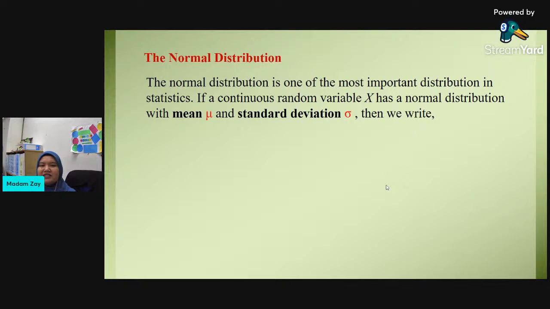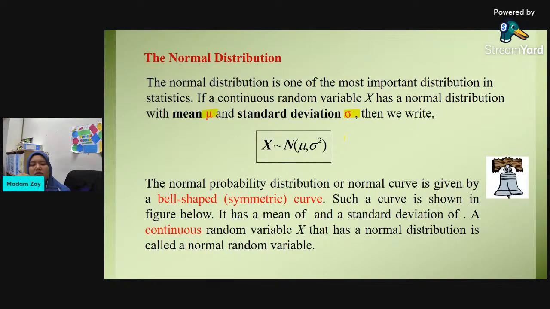Okay, normal. If continuous random variable x has a normal distribution with mean, mu, and standard deviation sigma, then we write x following normal with parameter mu and sigma square. What is sigma square? The variance. So we have mean, mu, and standard deviation sigma. Then the parameter we use in the normal distribution is mu and the sigma square, the mean and the variance. Okay, so the normal probability distribution of normal curve or normal curve is given by the